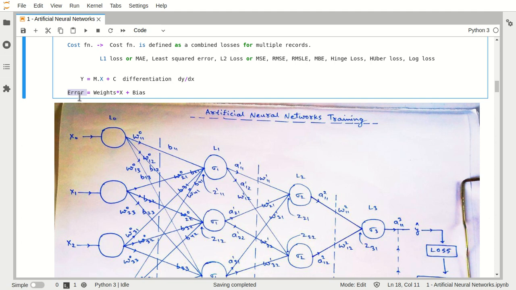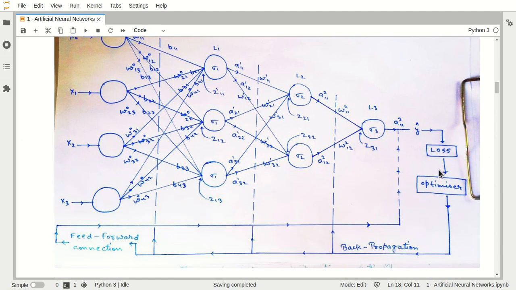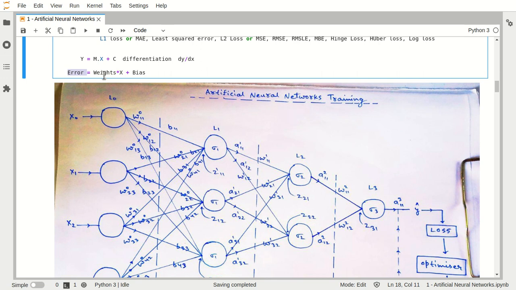Because if this error is depending upon the weights and biases, then whatever values we assign in the weights and in the biases, these values are responsible for giving some kind of output as error. In that way, these two parameters, weights and bias, are very much responsible for giving this kind of error output. And now, using this backpropagation, using this kind of optimization, we are supposed to change the values of weights and bias. And see guys, this error is dependent upon weights, this error is dependent upon bias.